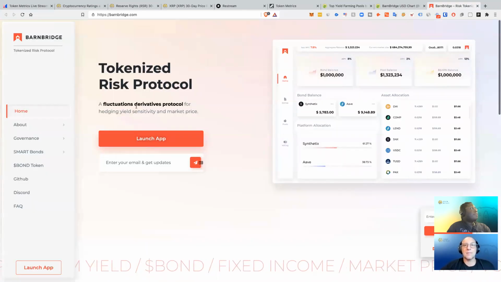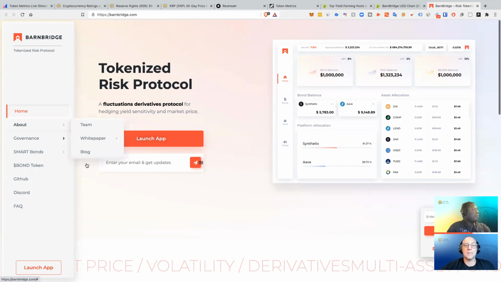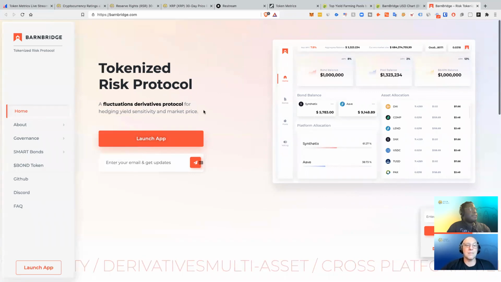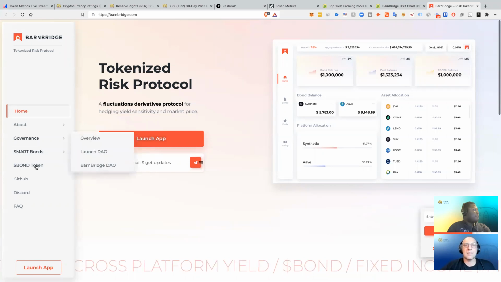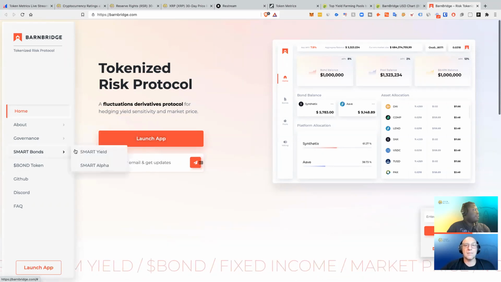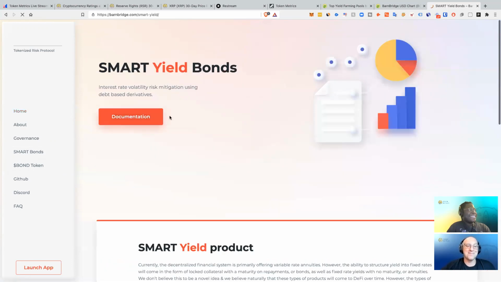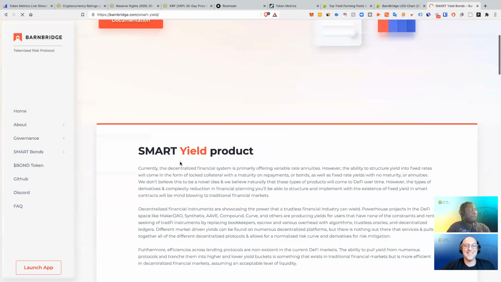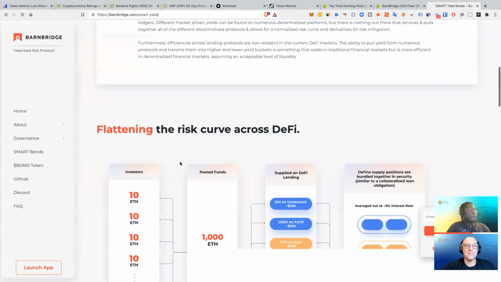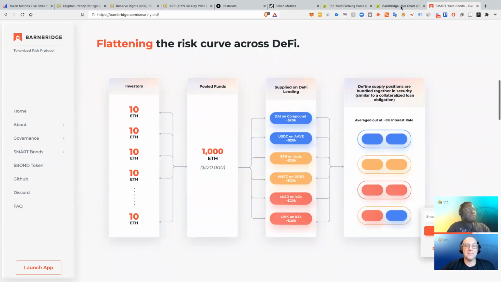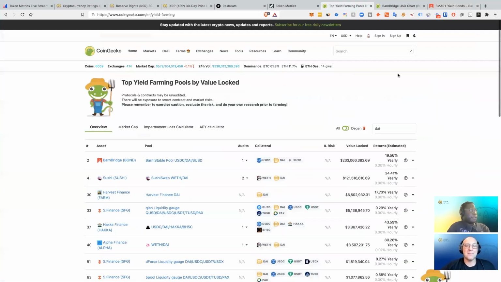Tokenized risk protocol, a derivatives protocol for hedging yield sensitivity and market price. Okay, bond token. Okay, interesting. Smart bonds. Bill might like this. Okay, smart yield products. But anyway, without getting too deep into it, you want to come into CoinGecko, put in the coins,